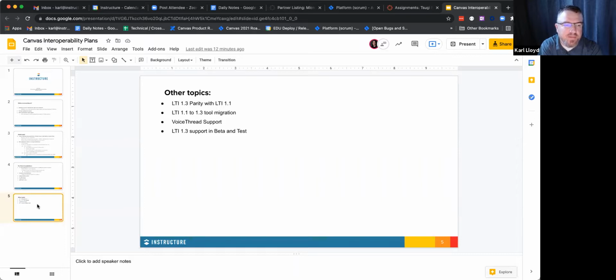These are the topics that I didn't cover that were sent over, and some of the information that was sent from Kathy. So the first one is LTI 1.3 parity with LTI 1.1. They were specifically asking about that enable and disable of placements, which is something we're looking at with the developer key project that we're going to look at for fourth quarter. And I do know of one other place where